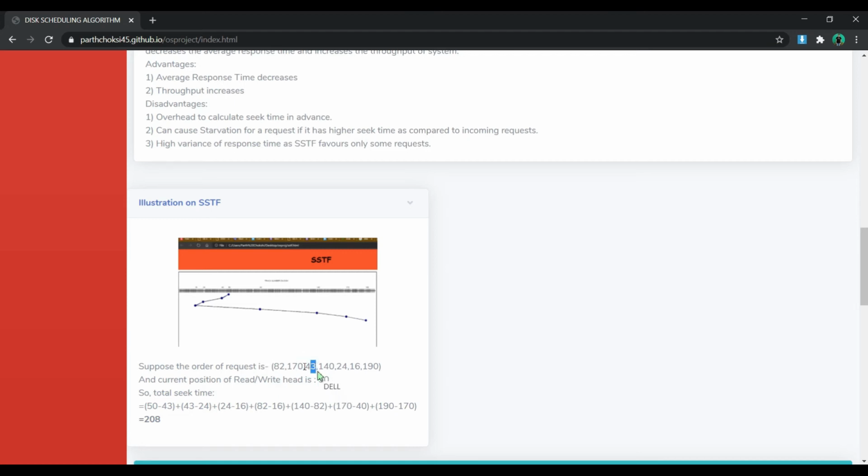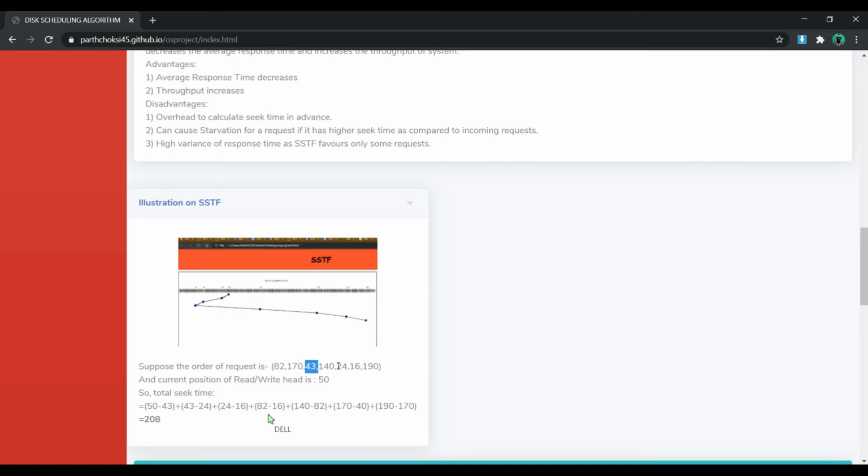So first of all we will move towards 43, and we will subtract that 43 from the 50 head position, and now our head will be changed to the nearest value which we have got. So our current head is 43. Now we have to find the next nearest value to 43. The next nearest value is 24.